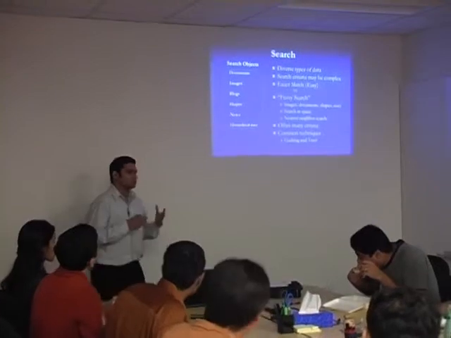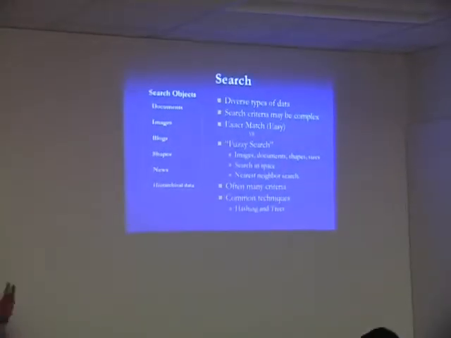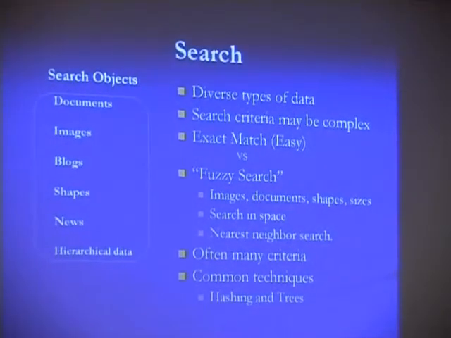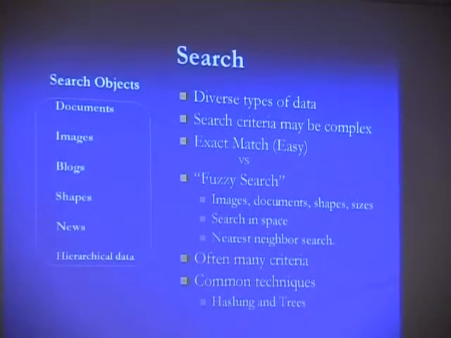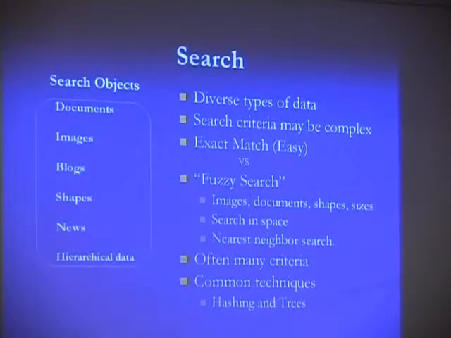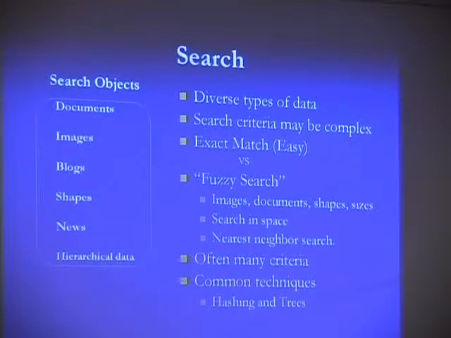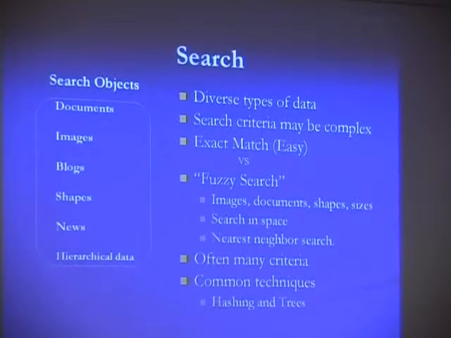So as we know, search has become a huge industry in the last few decades, and there is a wide variety of data types that we want to search on. There could be a simple search in a database where you have an input key and you're looking for something that exactly matches that key, an exact search. But in other cases, the search can be more complex. For example, if you're searching for similar documents or similar images or blogs or even geometric shapes or news articles,